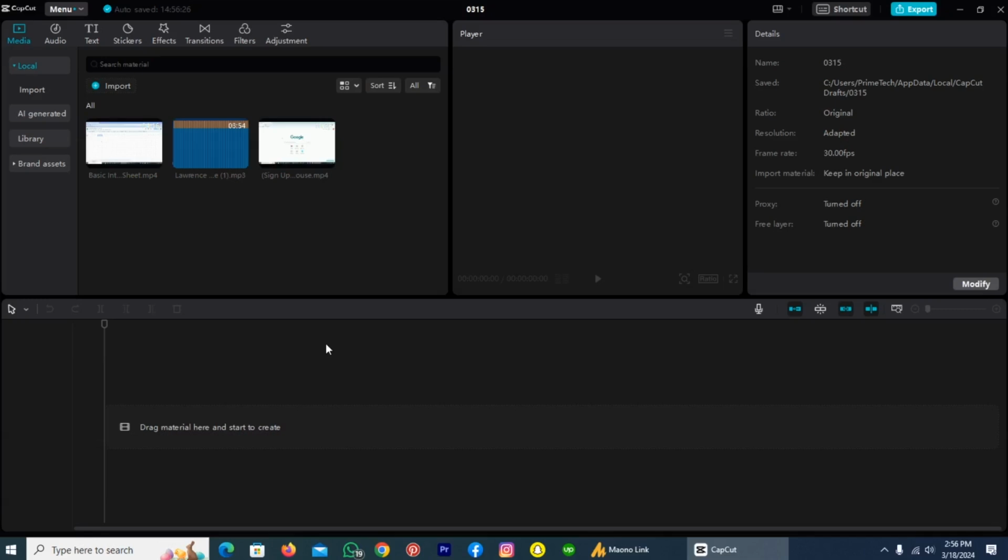Hi guys! In today's video, I'm showing you how to add transitions in clips using CapCut. The process will be quite simple and easy, but before starting, let me tell you one thing: you